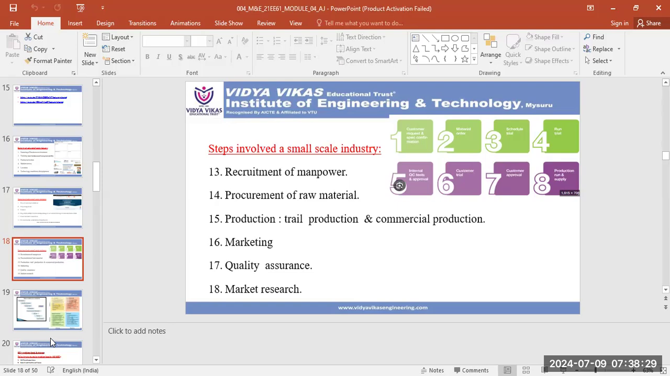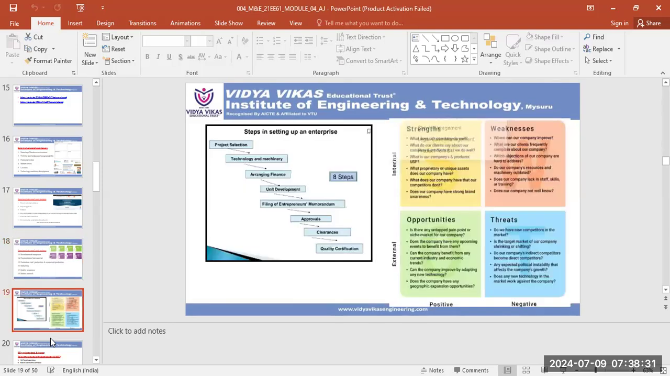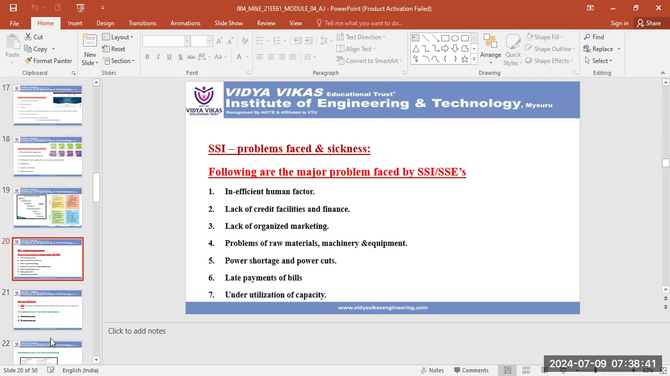Okay, and then the next topic is SSI. These are all the different steps in setting up an enterprise, and then strengths, weaknesses, opportunities, threats. You can go through the example, and now let's concentrate on SSI problems faced and sickness. What do you mean by sickness? Sickness is nothing but a problem faced by small scale industry